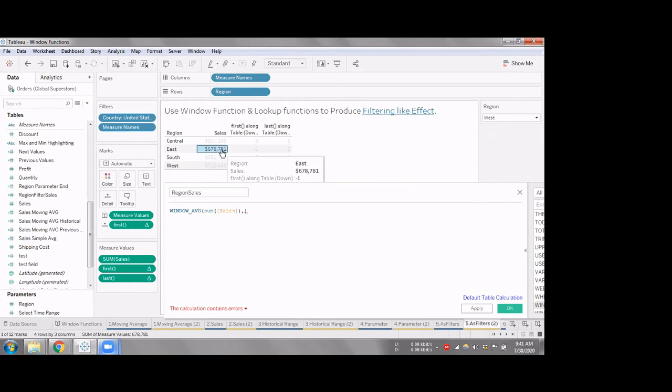So I have to restrict my function to get only this value, and the way I can do that is using this start and end value. So when I am on the central region, on the 0th row, my start should be East, and my end should be East alone.